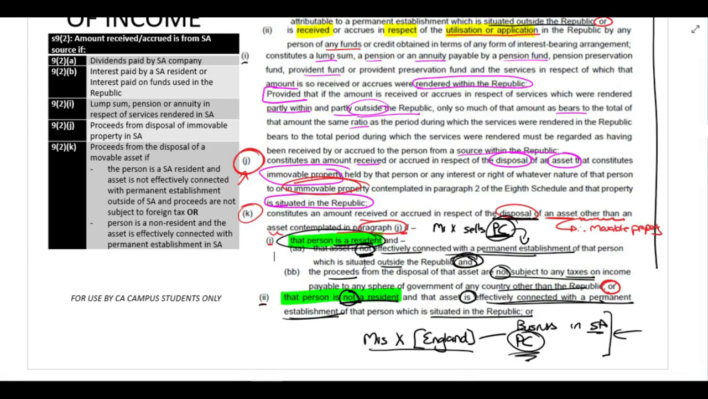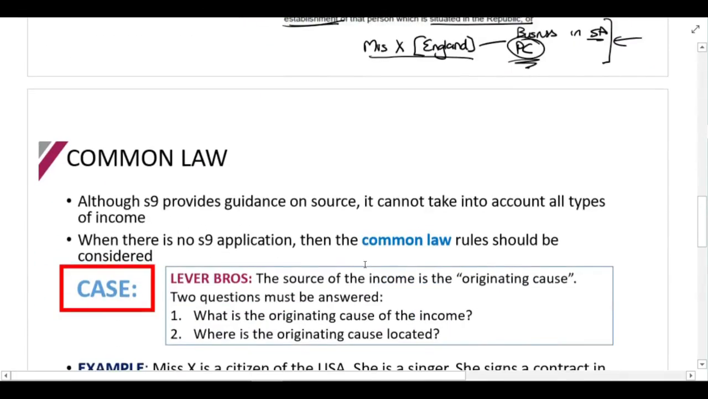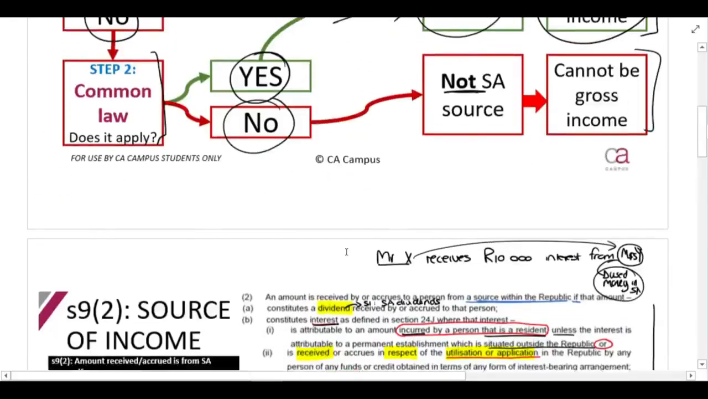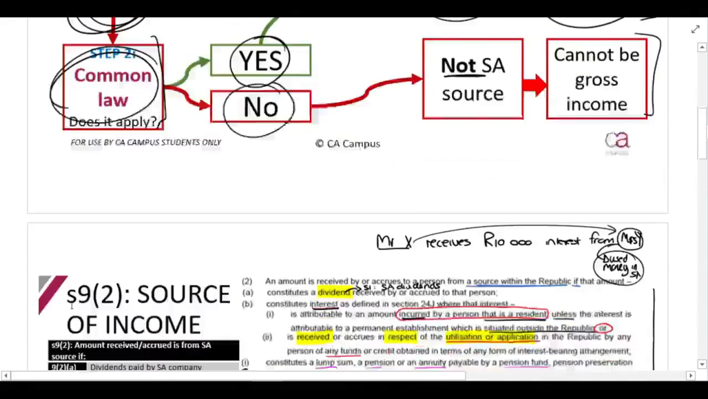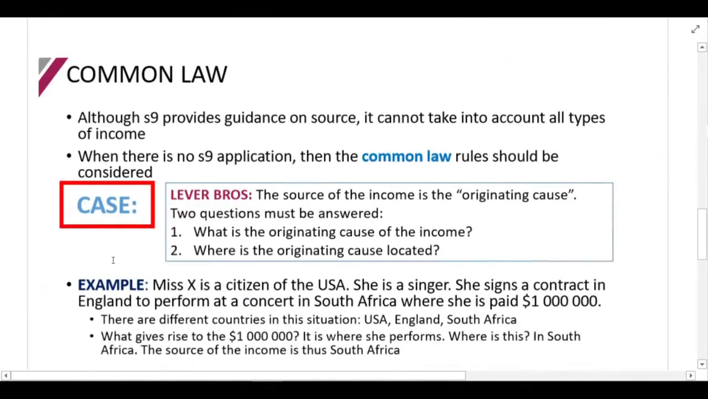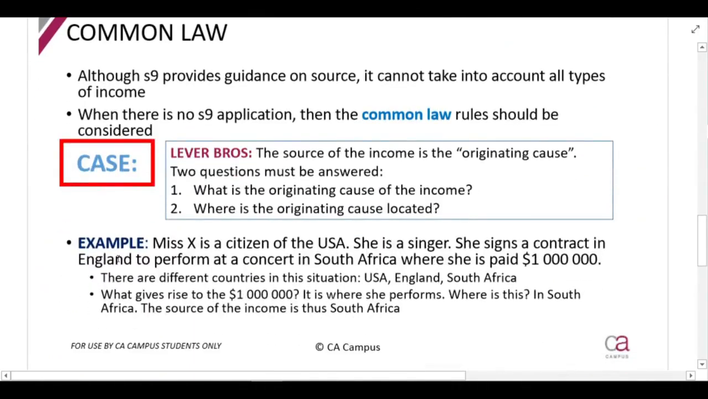How do we know what is a South African source? So the slide here said, does Section 9 apply? That's what we looked at now. If it doesn't apply, we have to look at the common law. So now we're looking at the common law. So what is the common law? The common law is the rule that applies to everybody in South Africa. There was a case, the Lever Brothers case,